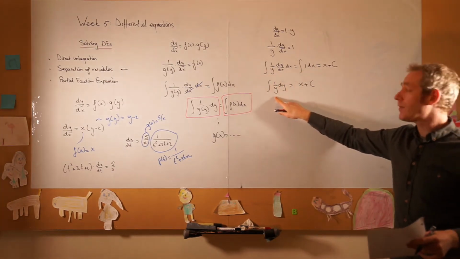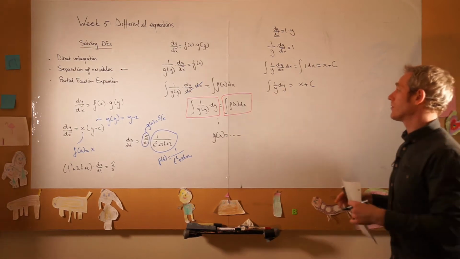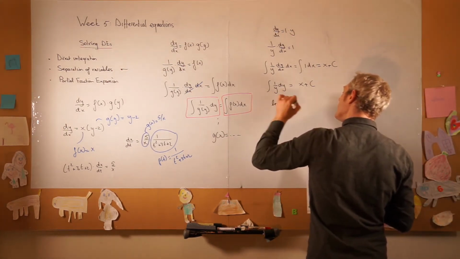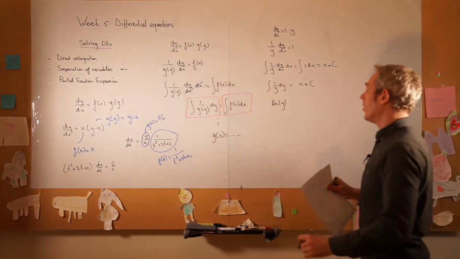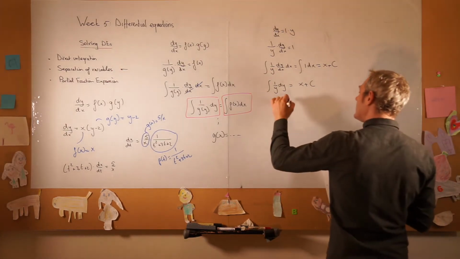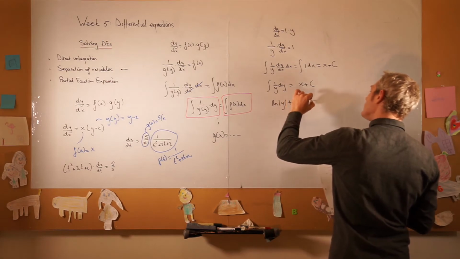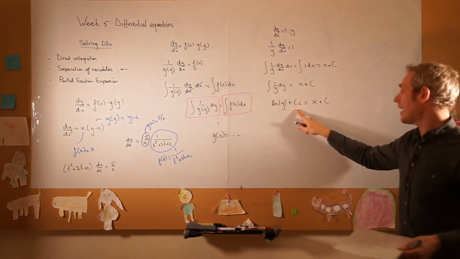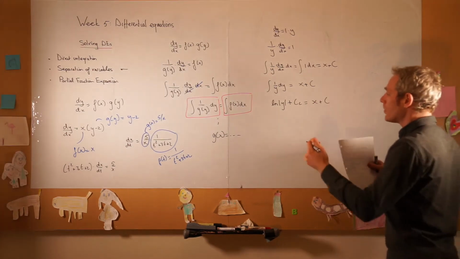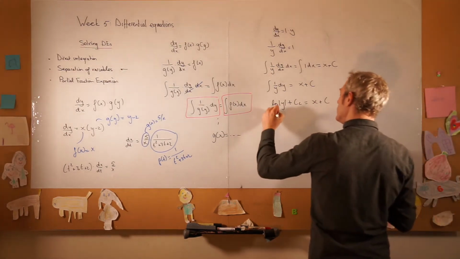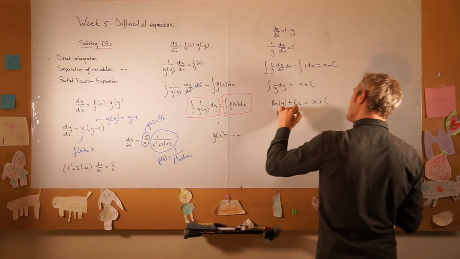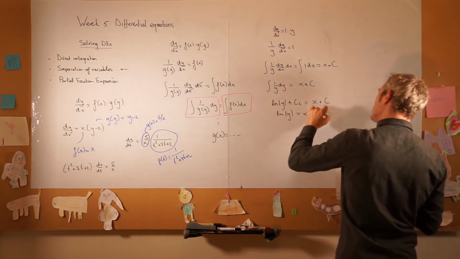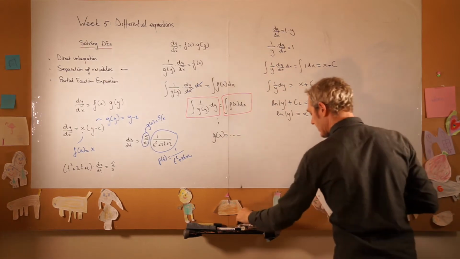And the primitive function of 1 over y with respect to y is ln of the absolute value of y. Now we can add some integration constant. That is fine, but we don't have to. Because what would happen is that we would move that integration constant to the other side, plus c minus c2, and that together,